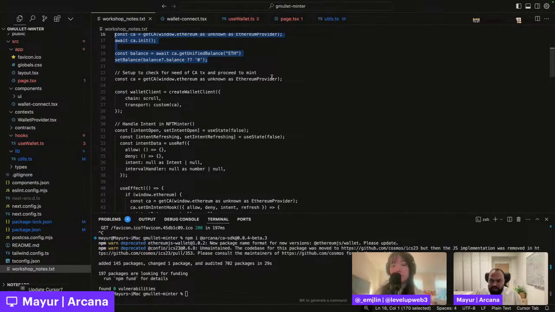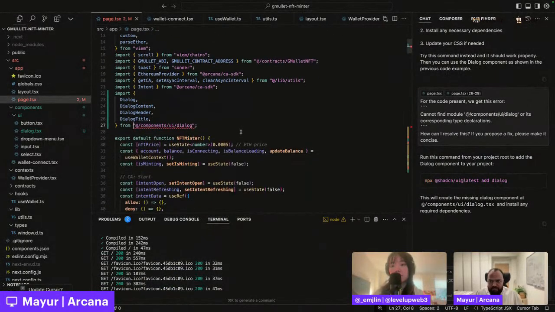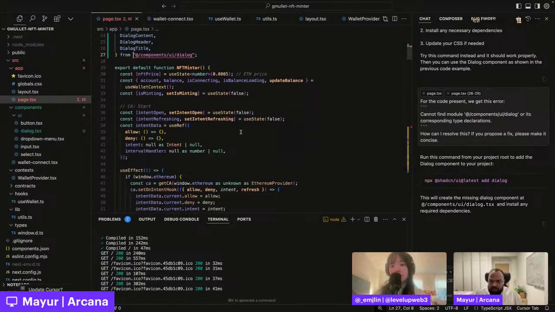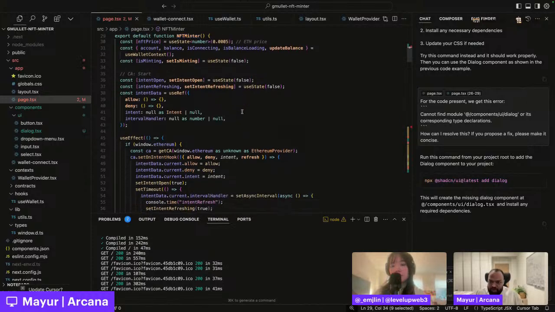So if I go to my page here, it's just a single page site. What we have here is this NFT minter function, in which all we are doing is again getting this CA instance from get CA.